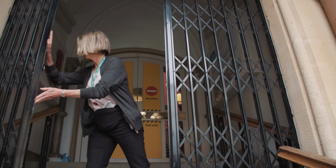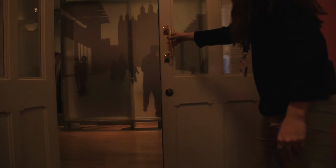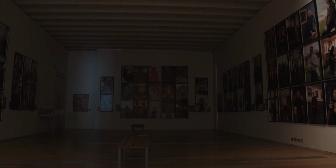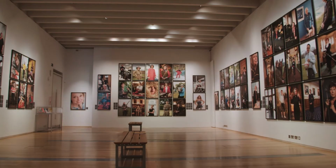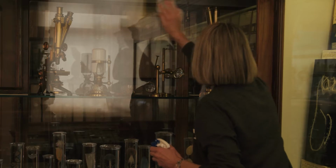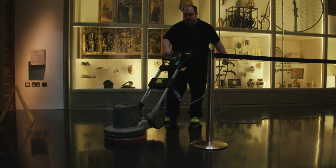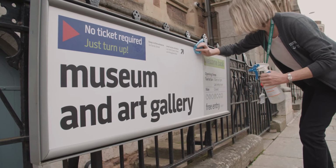A typical day for front of house, generally the first people get here nice and early at 7:30 in the morning. They'll unlock the building, unalarm it and open up the galleries, putting all the lights on. Then they set about checking the exhibits. They'll be doing anything from cleaning, whether it's glass cleaning or brass cleaning or hoovering. It's a lot of hoovering, and just really making sure that everything in the building is safe, secure and ready